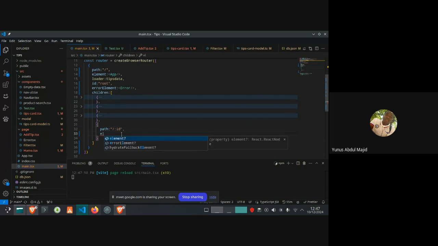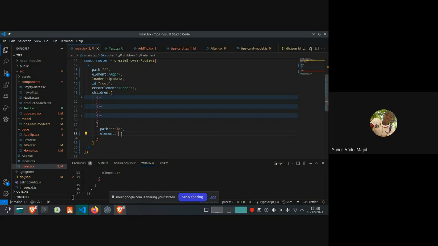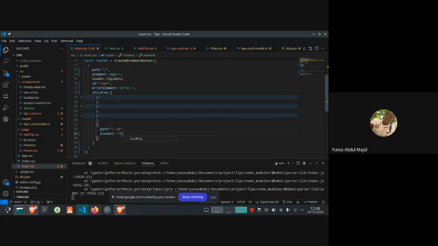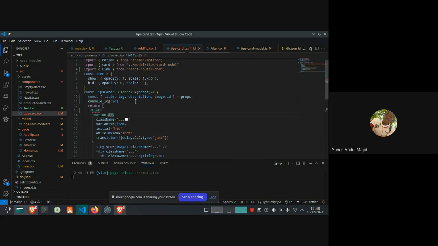So element will be the test dynamic that we just created now. So that is that. What we do now is go back to the routes and add the route.